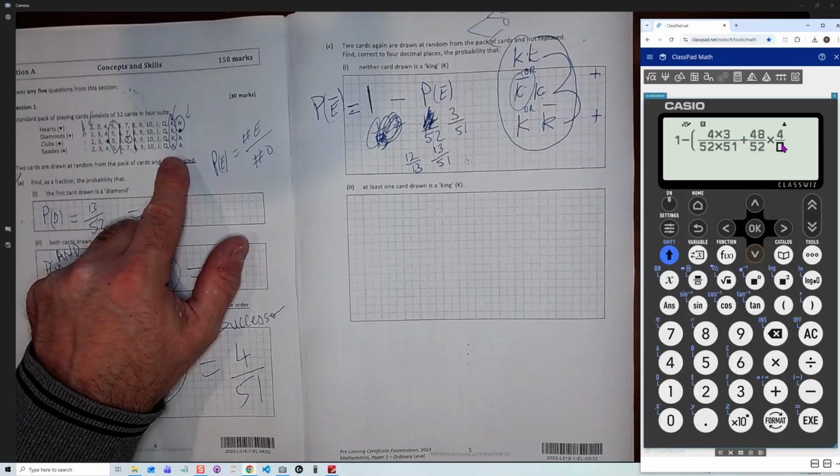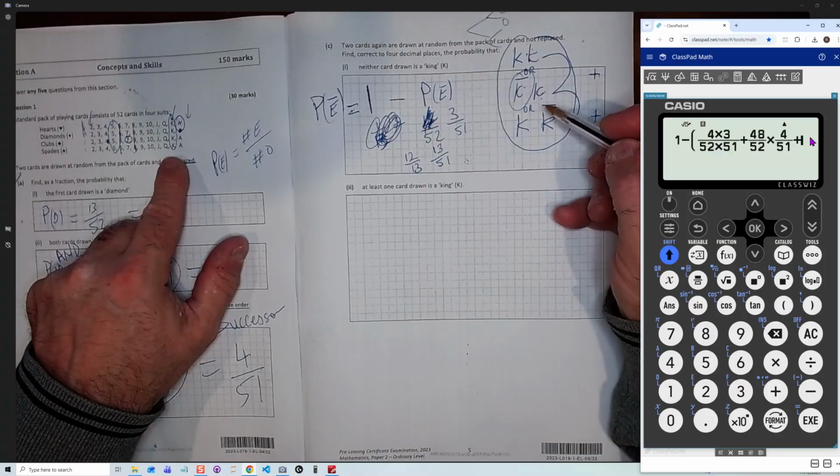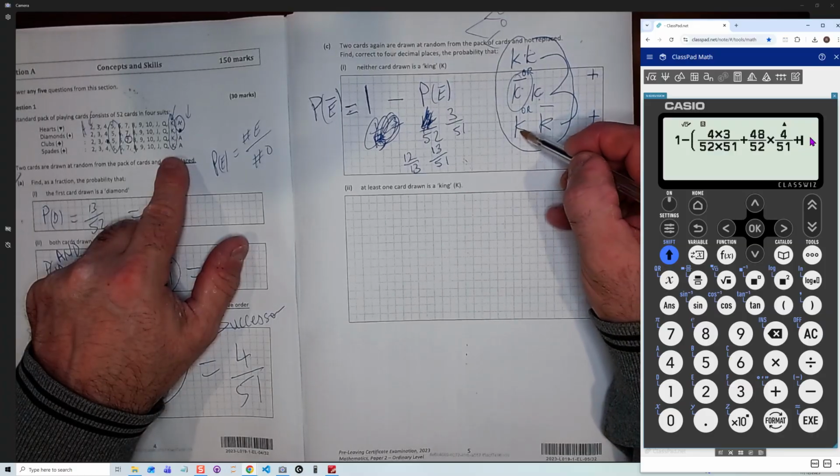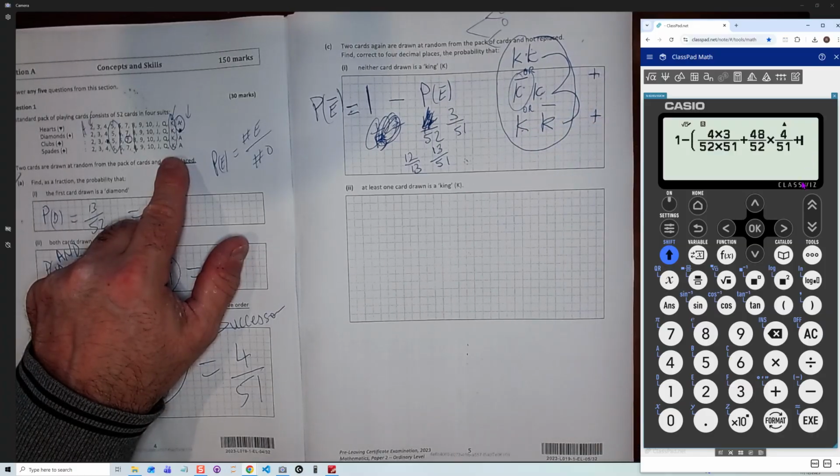And how many cards were in the deck at this stage? There was 51. Now this is kind of going to happen again in reverse. Okay, so I'm still going in here with a plus, and I'm just going to write this again now. Or I could put it 2 times this, or I could turn that into an 8, and it would be correct as well. But just in order for you to get a sense of what's going on, this time I'm drawing a king. So what are the chances of a king? How many kings are there? 4 over